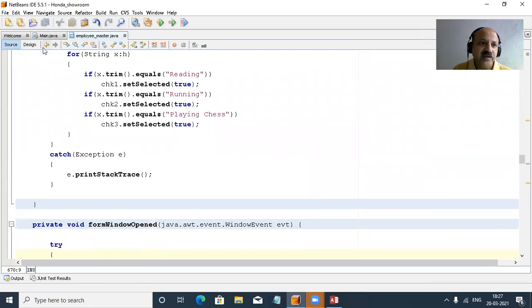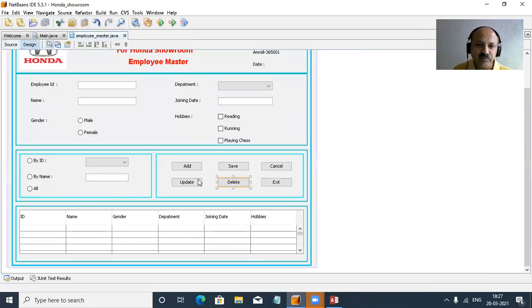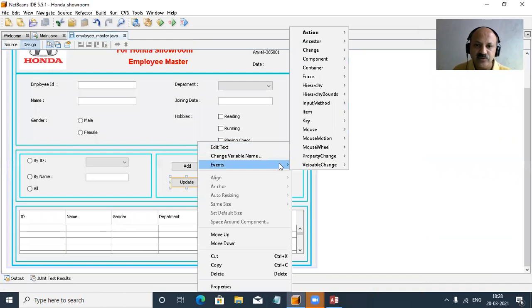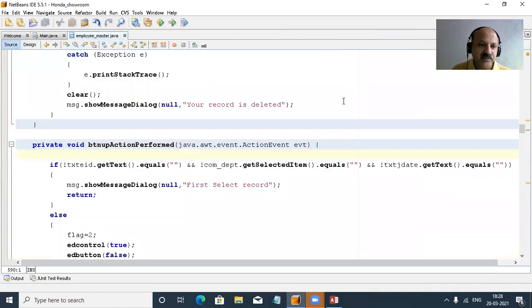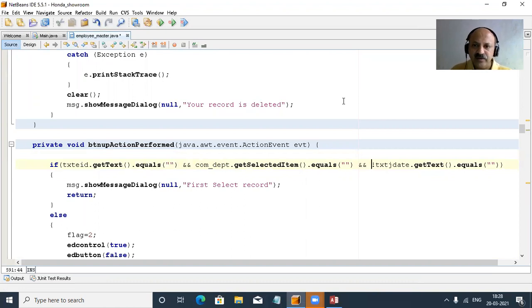So yes, I directly go in design to the update action performed event. We cannot search, so directly come. Yes, and here equal to blank, and the operation here blank, and here blank. Now perfectly, first select your record and return directly.